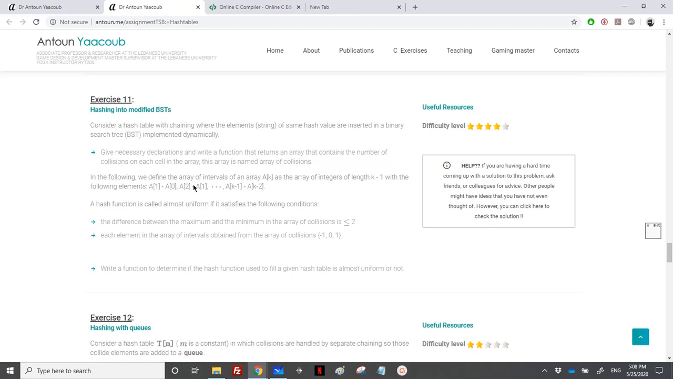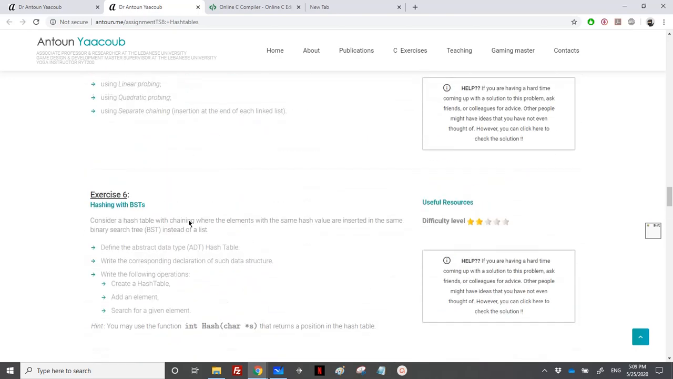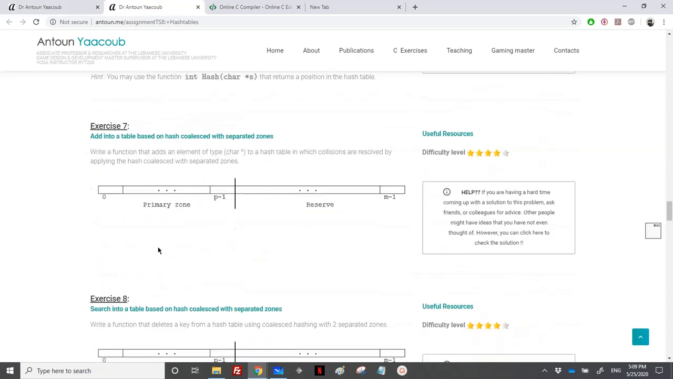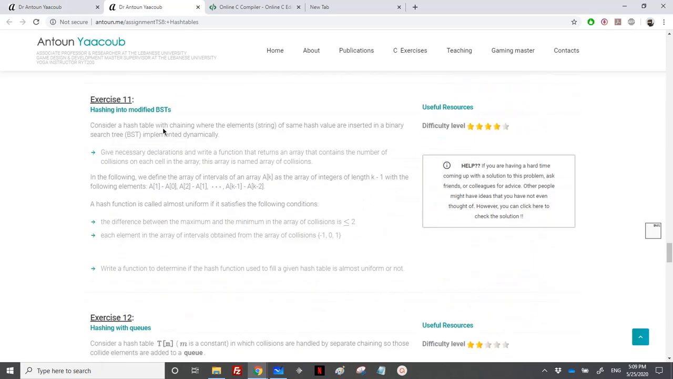Hello again. So we have reached exercise 11, which is about hashing into some BST. We have already solved exercise 6, which is similar to this one, where we declared the hash table and wrote the functions on how to add an element into such BST and to search an element in such a hash table. So I will be using the same solution. I'll start from the solution of exercise 6 in order to solve exercise